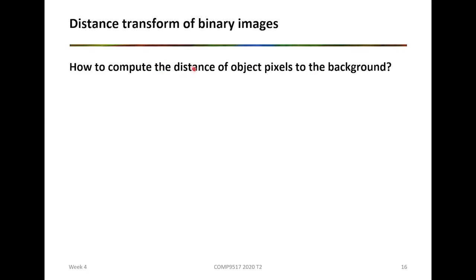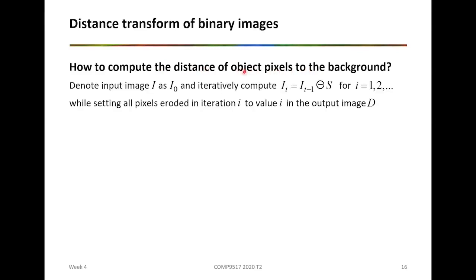How do we compute the distance of object pixels to the background? Well, you could, for example, iteratively compute eroded versions of images, where I is the iteration number. So at every iteration, we're eroding the image from the previous iteration. And at every iteration, you set all pixels that are eroded in iteration I to the value I in the